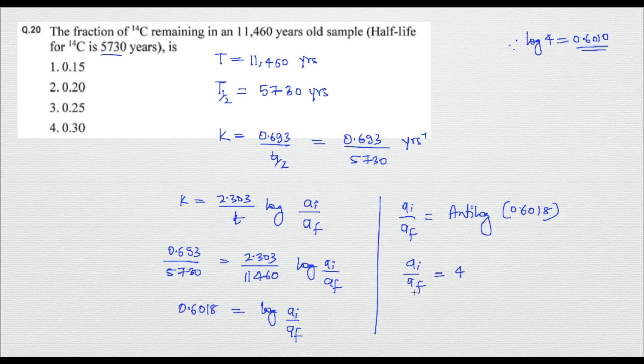Now we have to find the fraction of molecules remaining after that interval of time. So what we need to find is AF upon AI, meaning the final number of atoms divided by the initial number of atoms. That will be 1 by 4, which is 0.25. So that is going to be the answer. Option number 3 is the correct answer. It was a lot of mathematics involved in this particular question, and also some knowledge of your rate constant and first order rate reactions. I guess you understood this and how to do it. Let's go to the next question then.